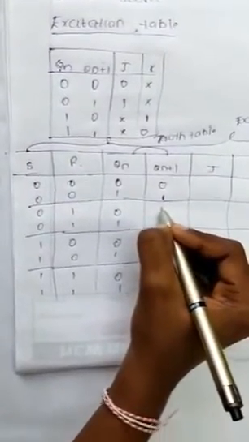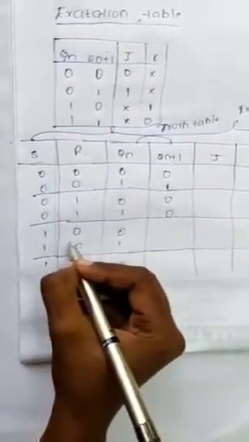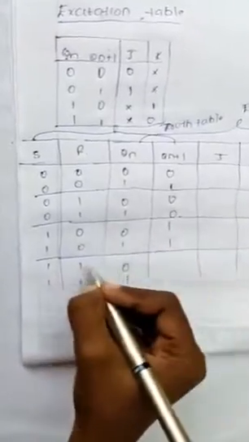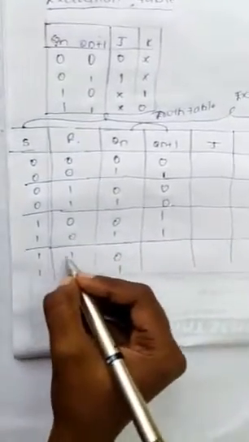So 0 and 1s means 0 0. You see here 1 and 0s are there. So 1 1. Here 4 1s are there. 4 1s means it is not in a proper statement. I told now it is not in a proper statement. So if it is not in a proper statement, we take a don't care.